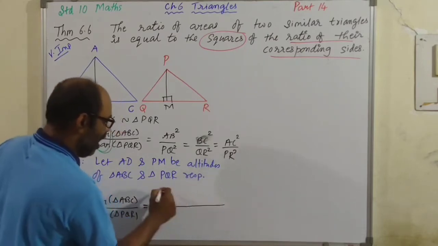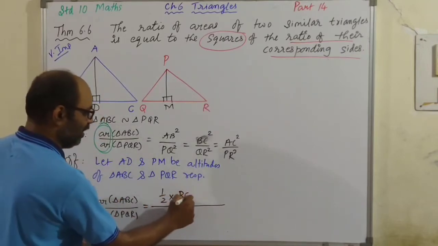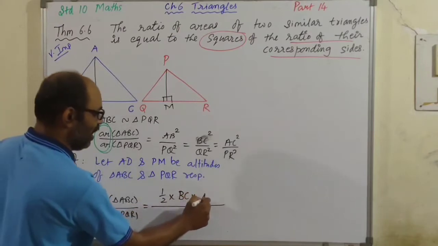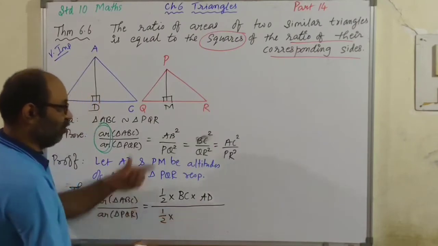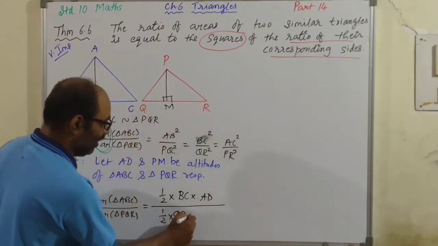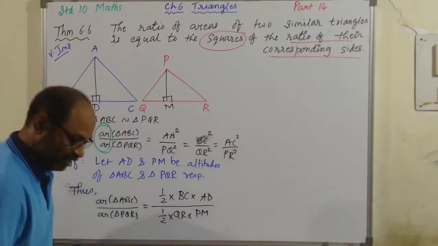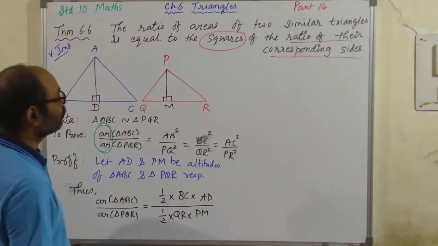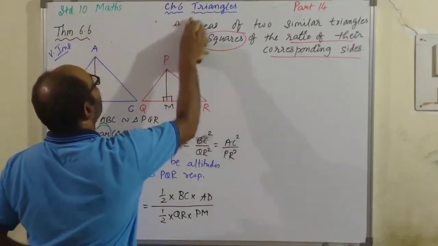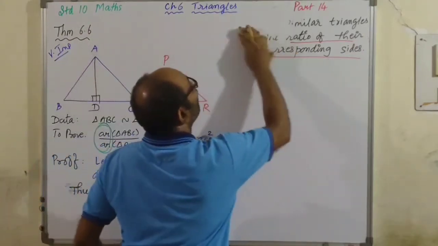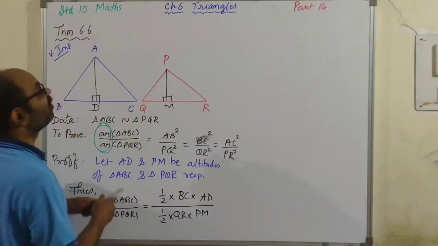Children, be careful. Half into base BC into altitude AD upon area of triangle PQR, half into base QR into altitude PM. Now this is very interesting. Alright? I'll remove the statement now so that we have some space to write. Therefore,